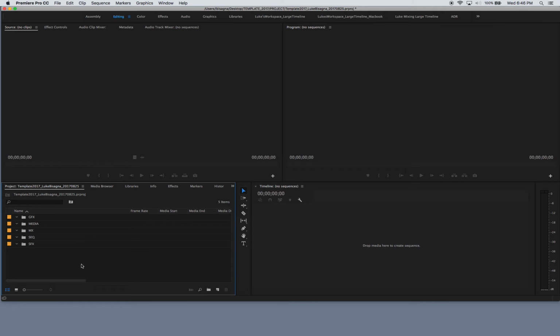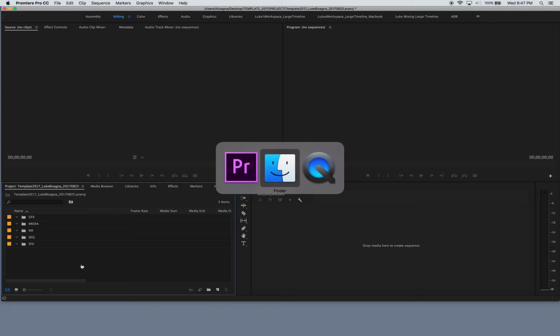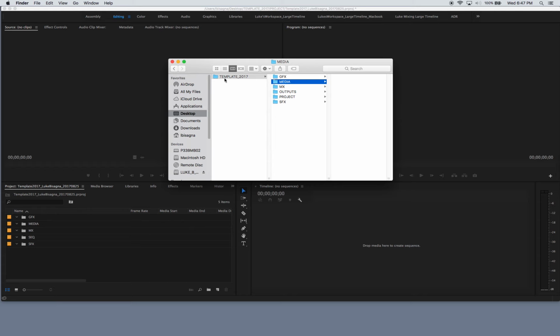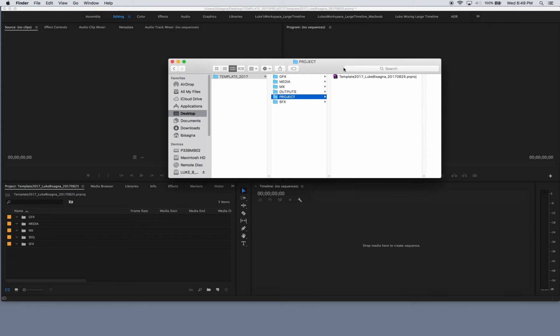Wonderful. So now we have a standardized bin structure inside Premiere, and we have a standardized folder structure at the file level. And these two will work together in concert to properly and efficiently store your media so that you can quickly access it at any given moment, inside or outside of Premiere. That's a professional way to do it. And you can see here in the project folder is your template project,